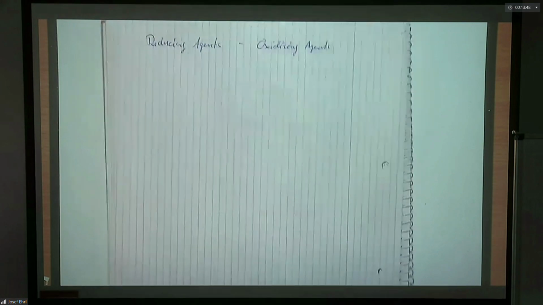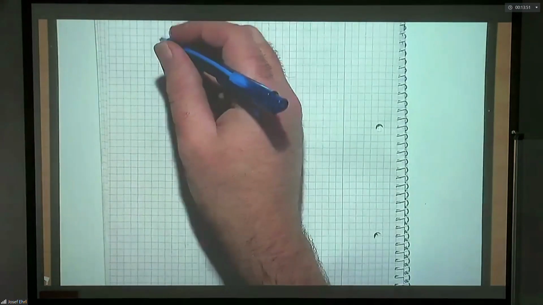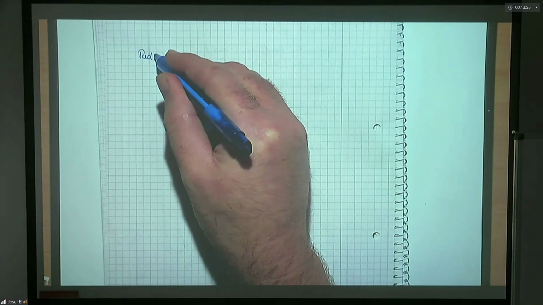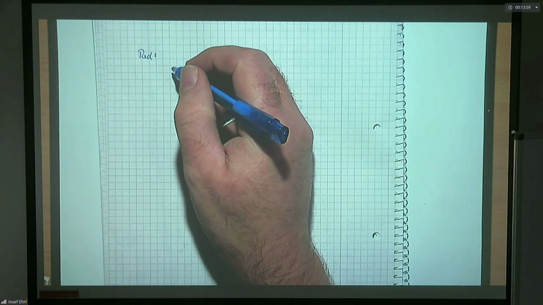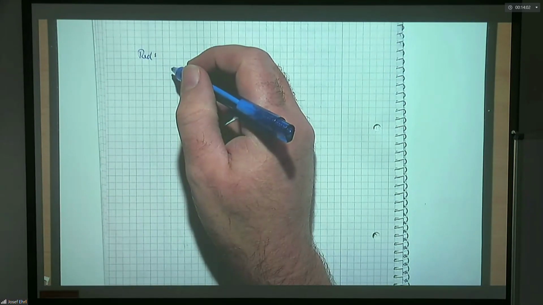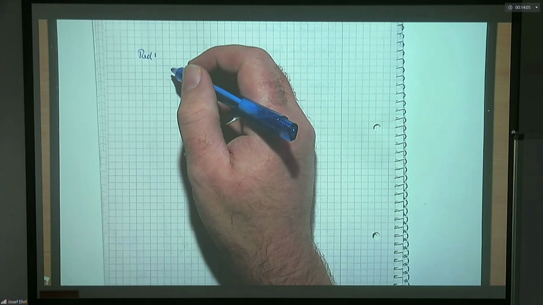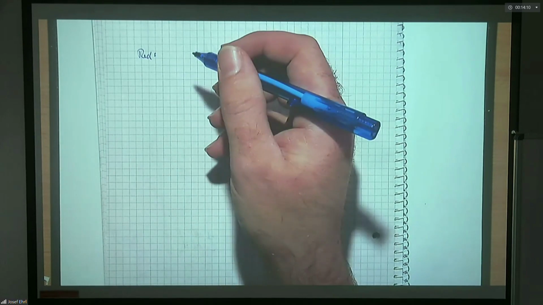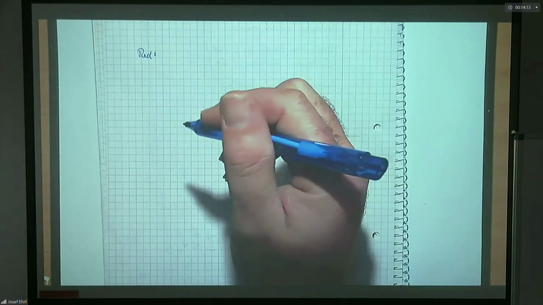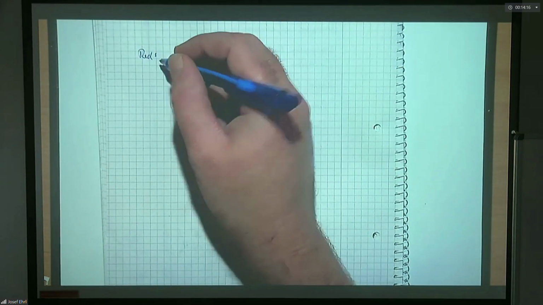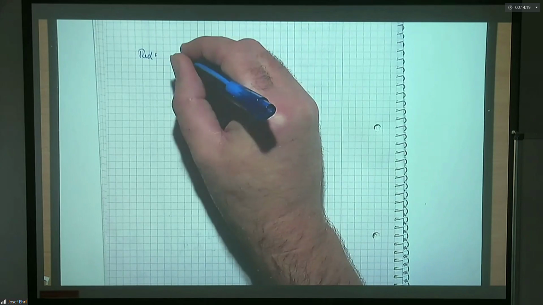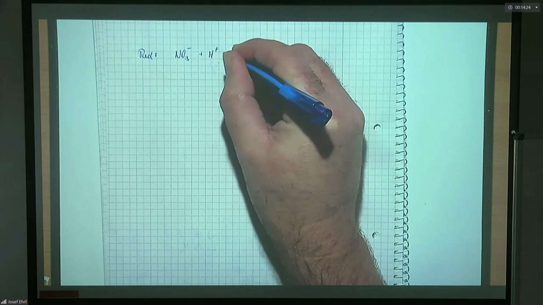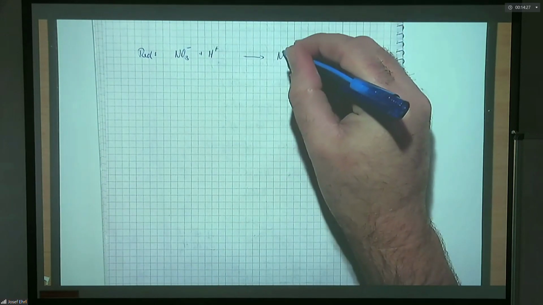Let's look at a simple partial reaction, this would be a reduction reaction. Be aware, redox reactions always appear in pairs. When there is a reduction, there has to be an oxidation in the same reaction. Only reductions happening is not possible, and only oxidations happening is also not possible. But for demonstration purposes, I'm writing here a reduction reaction alone, which would be nitrate ions in acidic environment becoming nitrogen monoxide